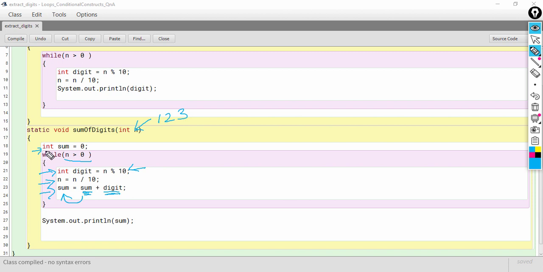Okay, control comes inside, sum will be initialized with 0. In n we have 1, 2, 3. Control comes inside the loop because the condition is true. What is the condition? n greater than 0. The value of n is 123, so 123 greater than 0. Control comes inside, and in digit we'll have 3.